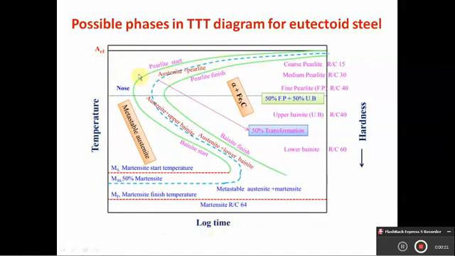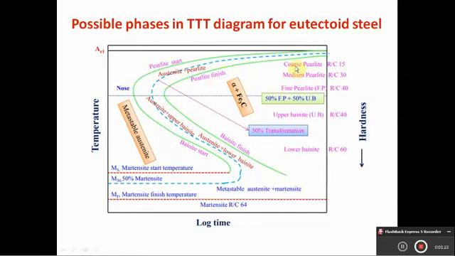This green line indicates the pearlite transformation start curve, and this second green line indicates the pearlite transformation end curve. This red dotted line indicates the martensite start temperature, and this Mf indicates that the martensite phase has finished its transformation. So beyond this green C-shape curve on the right hand side, the transformation is